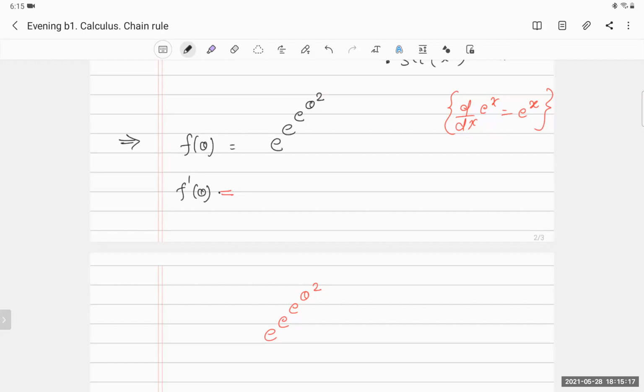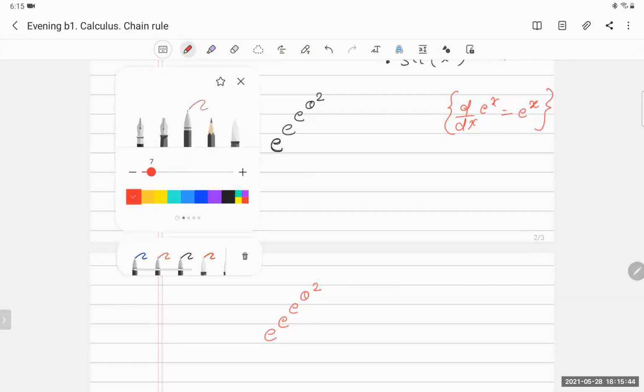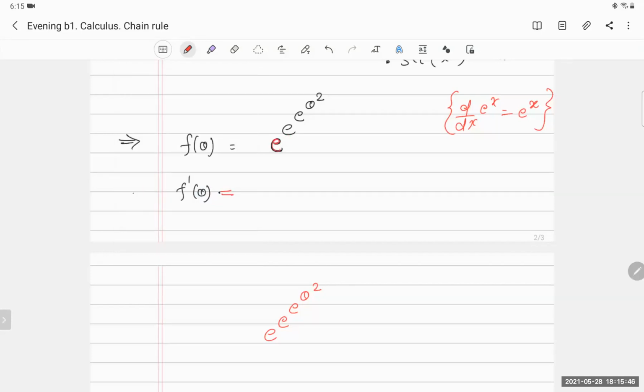I will give you a value of theta. So what you will do? You will first make it square. Then you will give that number as the power of e. So you will get some other number. That other number will go again into the power of e. Then you will get something else, and that something else will go into the power of e again. So at the end, this e was calculated. I will make it red. This is my last e which was calculated, right? So when I differentiate, I will differentiate the last function first. So what is my last function?